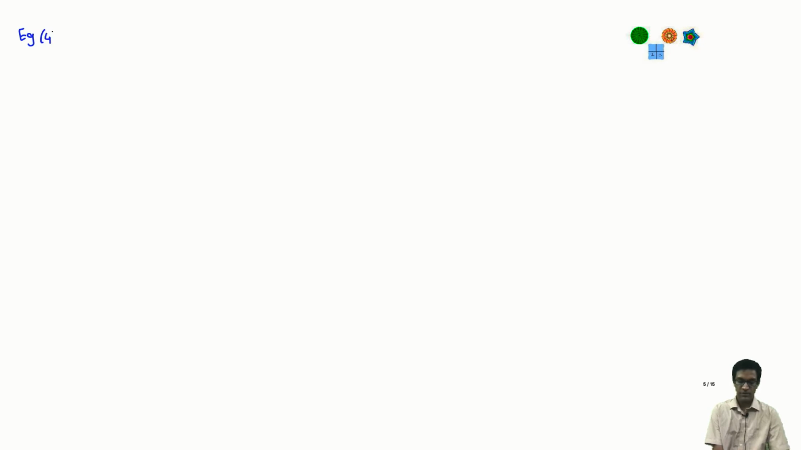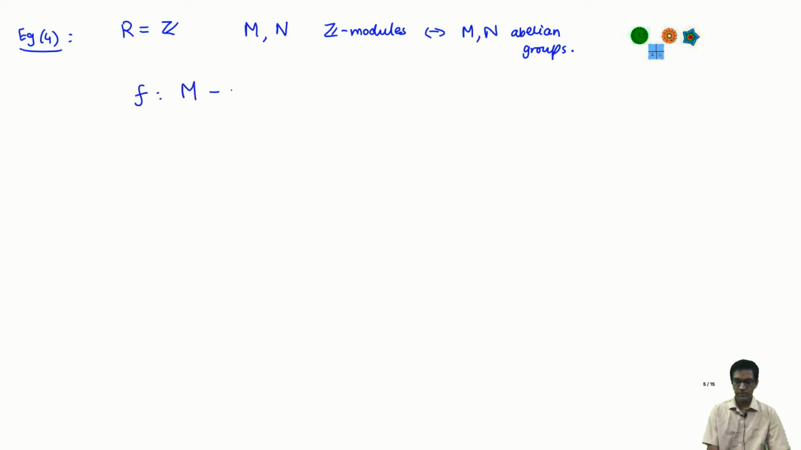So example 4, if we take our ring R to be the ring of integers, then recall that Z-modules are the same as abelian groups. This is the same as saying that M and N are really abelian groups. And what is a homomorphism now from M to N? A homomorphism is supposed to satisfy two properties. f of x plus y is f of x plus f of y. In other words, it's a group homomorphism,